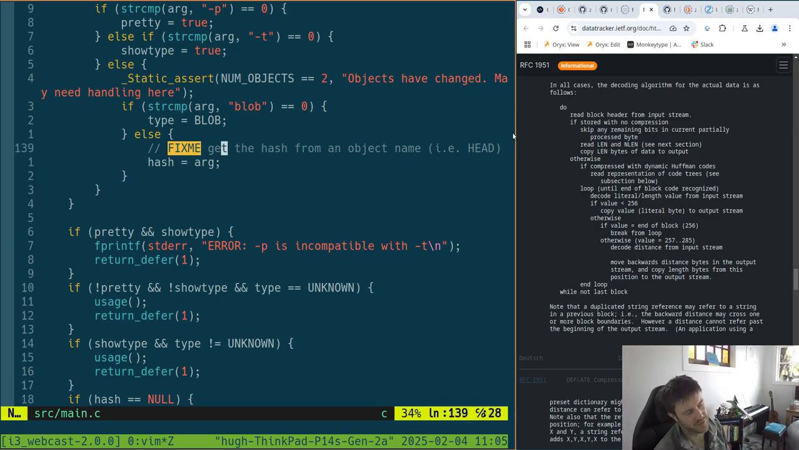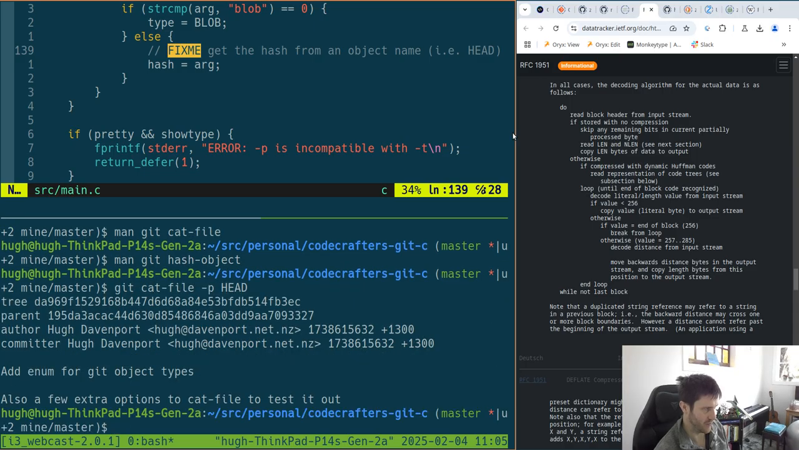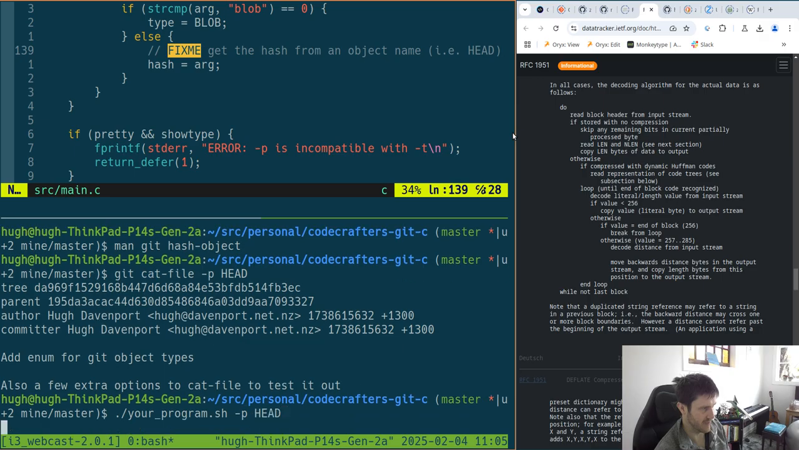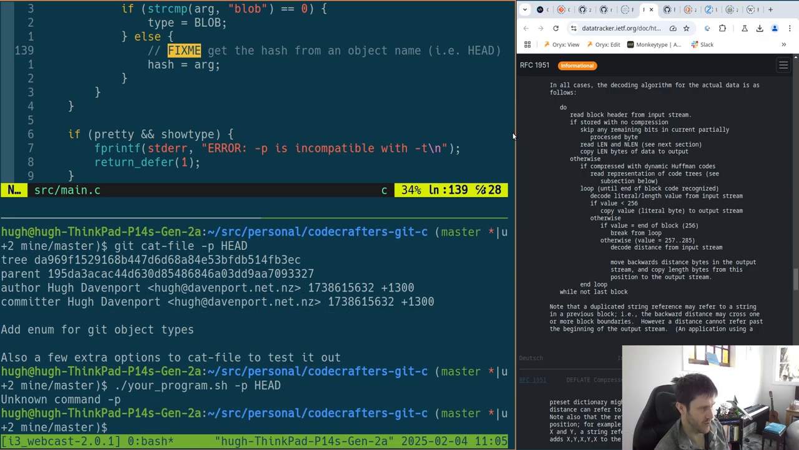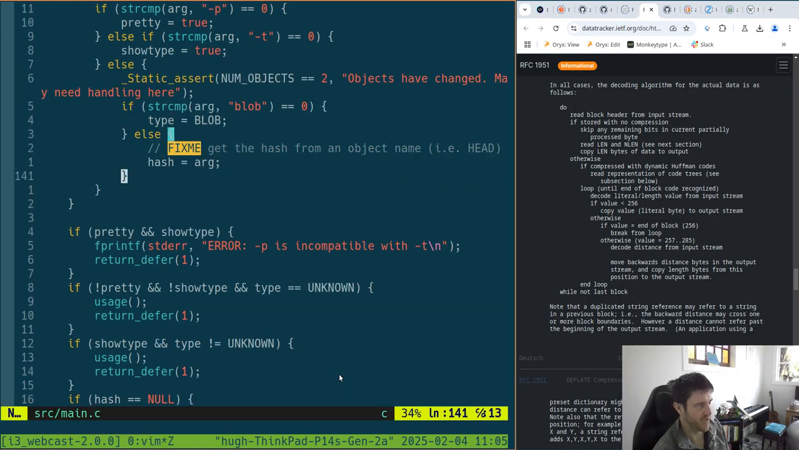which does kind of leave another fix-me. Like if you just want to say cat file HEAD, which is something that you can do here. So if I do this, it will kind of tell me it, but if I do the same with mine, it will say unknown command. It will say HEAD is not a valid SHA-1 hash, which is correct,